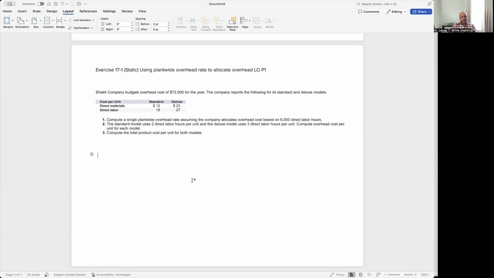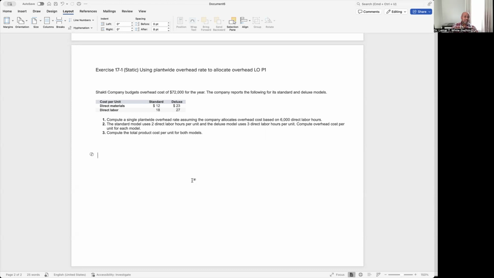Chapter 17, question one says Shakti Company budgets overhead costs of $72,000 for the year. The company reports the following for its standard and deluxe models. It tells us our cost per unit, standard and deluxe: direct materials, $12 for standard, $23 for deluxe; direct labor, $18 for standard, $27 for deluxe. And then it says compute a single plant-wide overhead rate, assuming the company allocates overhead costs based on 6,000 direct